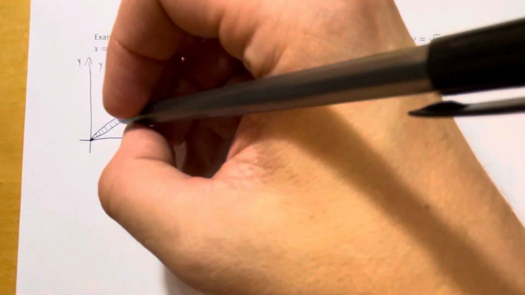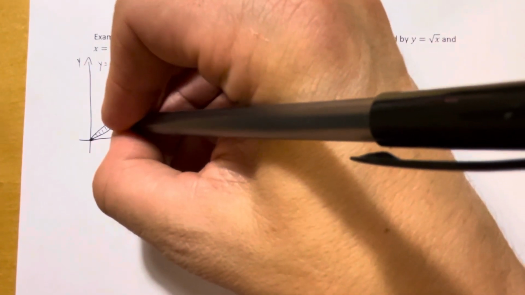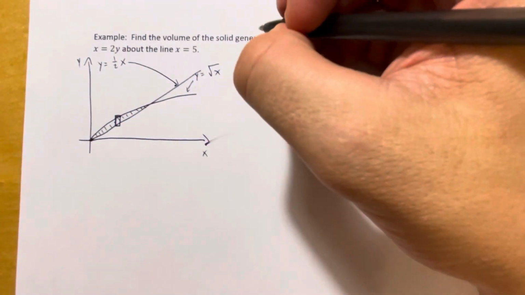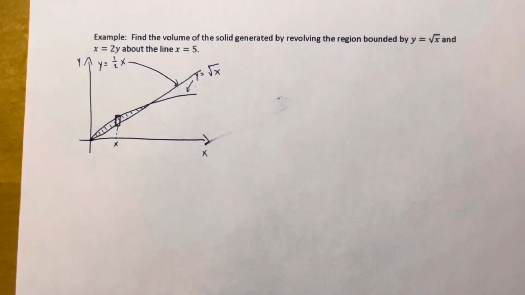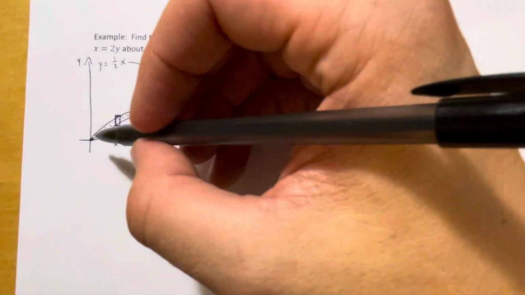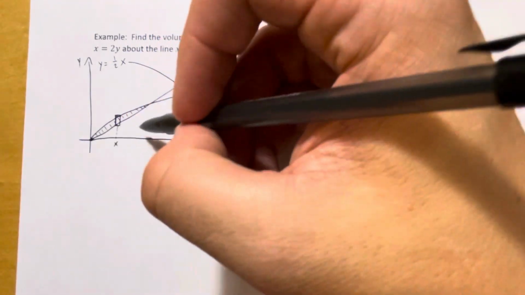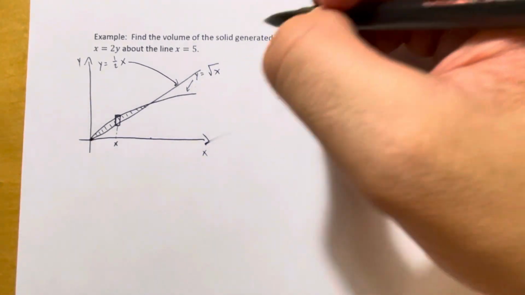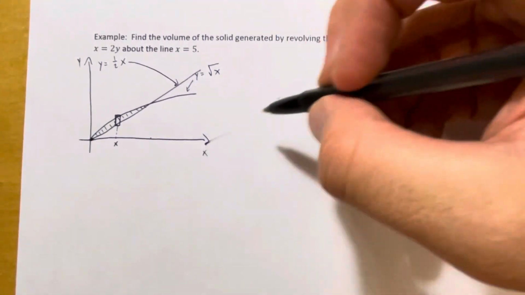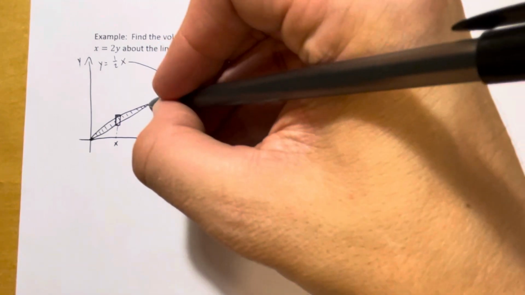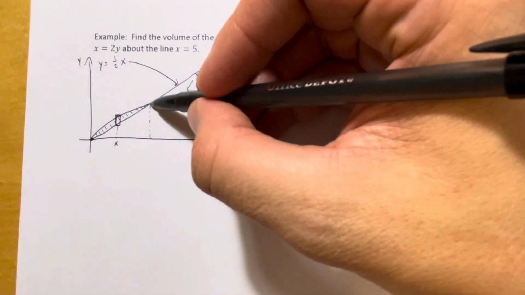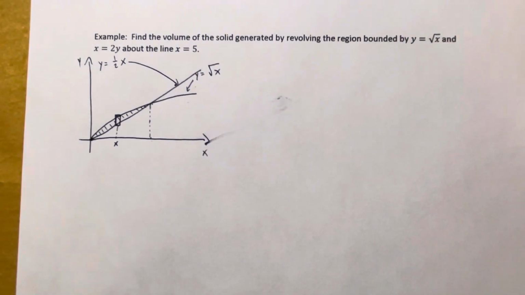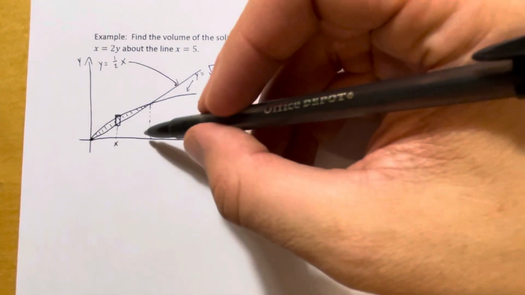And so when I draw my approximating rectangles, I want them to also be vertical, like this. Okay, so that means I'm going to identify the position of this thing as an x value. And I need to know the interval on the x-axis over which I'm going to be integrating this thing. I'm smudging my graph down here. So in order to do that, I need to figure out what this right edge is here. I need to find this point of intersection and use its x value as the upper bound on this interval